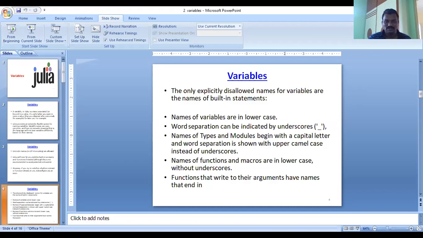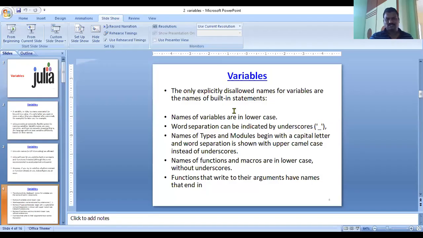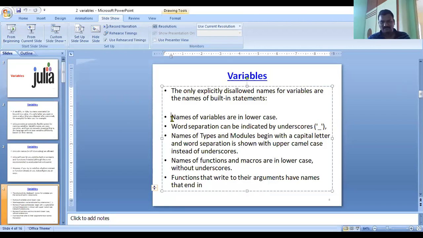What are the different criteria for naming variables? Variable names are lowercase, with words separated by an underscore symbol.